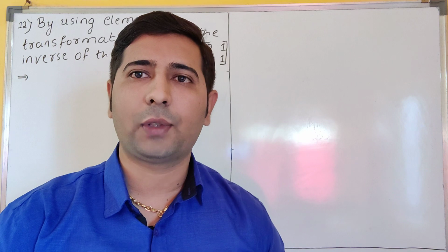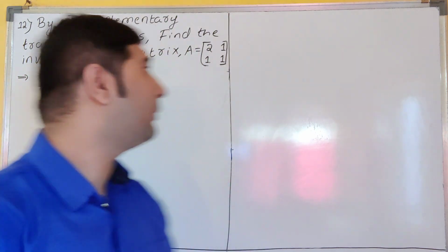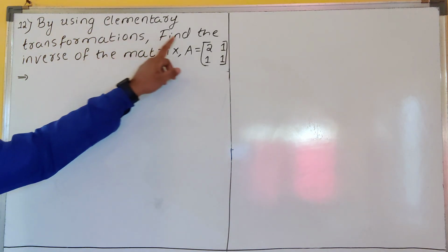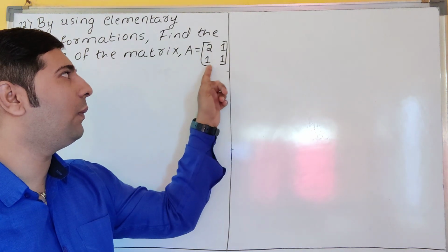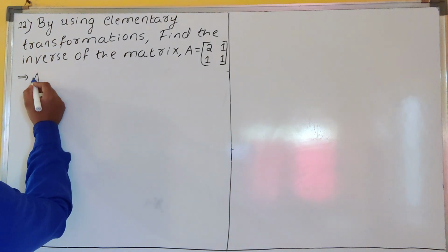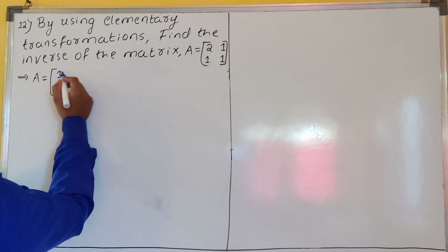In the last class we have solved question number 11. So now let us continue with question number 12. Now see what he has given. By using elementary transformations, find the inverse of the matrix A is equal to 2 1 1 1. Dear students, given matrix you write A is equal to, in the last class we have discussed this only, elementary transformation,